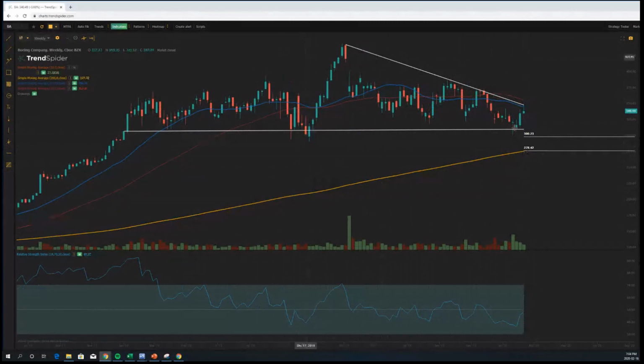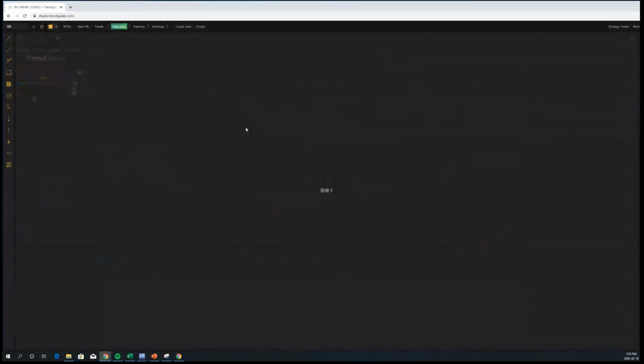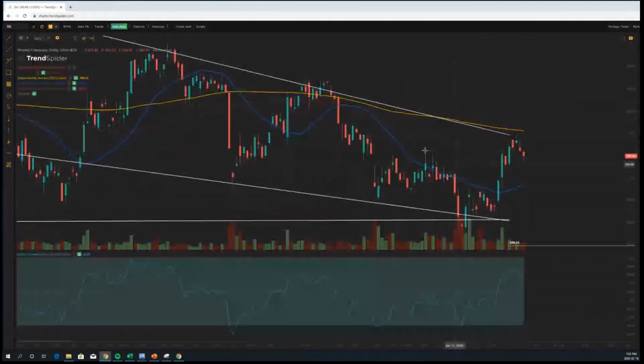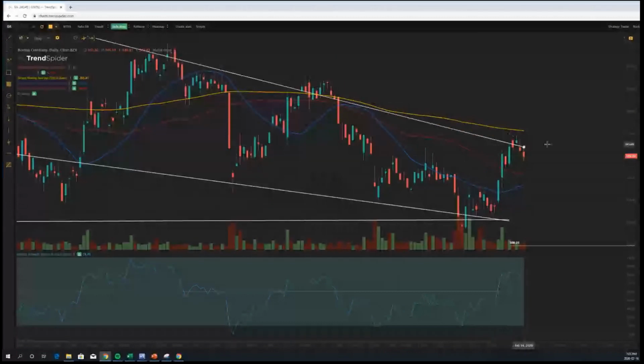So anyway, you have a little bit of a wedging pattern here on the weekly time frame. You can use this area here. It breaks out above the 350 mark on the daily time frame, and this isn't a name I would trade, only because you never know if you're going to get stopped out on a huge gap down or whatever it might be. But for now, it tried